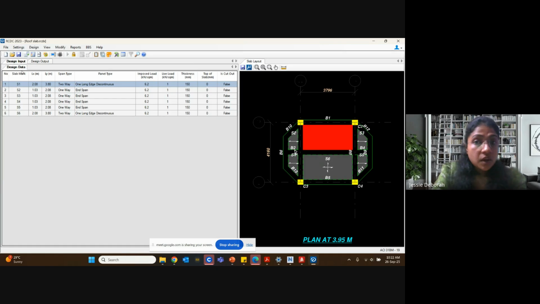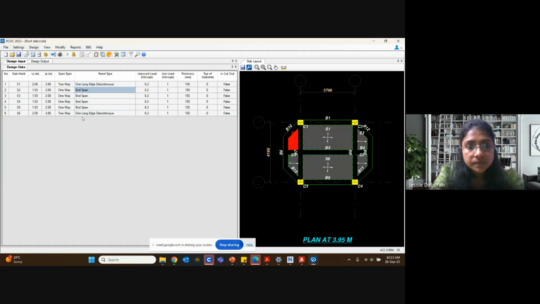Okay, so design input. Okay, so we have different types of slabs here. One is S2, S3, this is S1. So inga ponona, it will show which slab you are currently working on. Okay, so in the S1, one long edge is continuous, this is continuous. Okay, but இது எல்லாமே end span. Okay, sorry, one long edge discontinuous, that is this side is discontinuous, this side is continuing, but இது எல்லாமே it is end span.